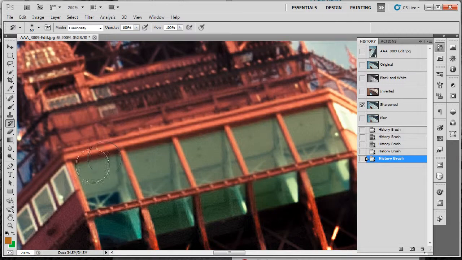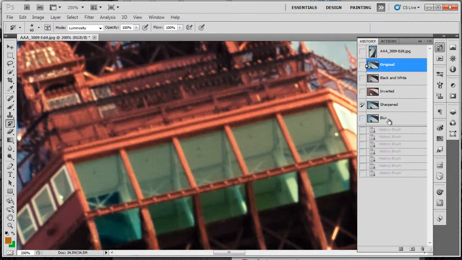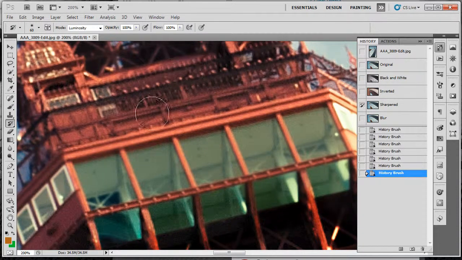Let's just move this up here so you can see what's going on. So I'm now painting. It might not show up on your screens. Look at this in HD. It should be on 720 HD if you can click on it in the little icon on the YouTube player. I'm painting luminosity, so I'm really only affecting the light values and no color values in there. And so you can paint your sharpening without affecting your color values, which is a useful little